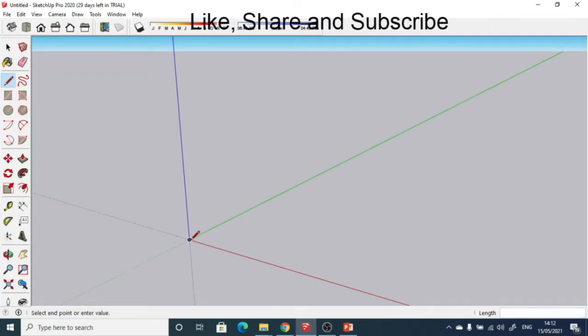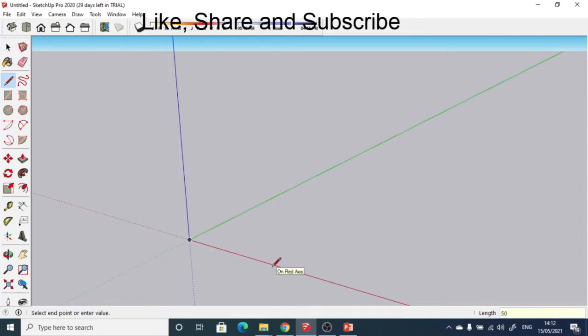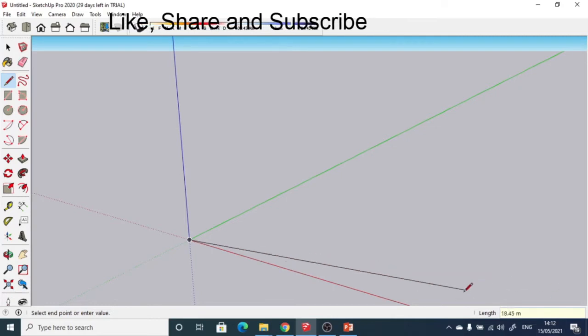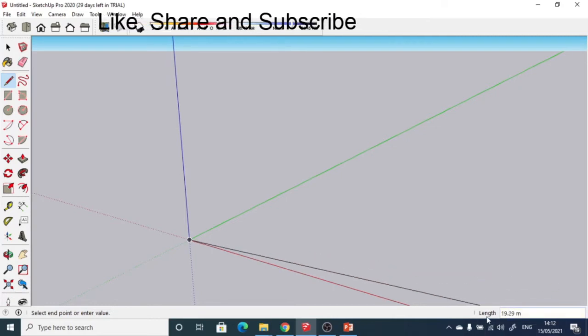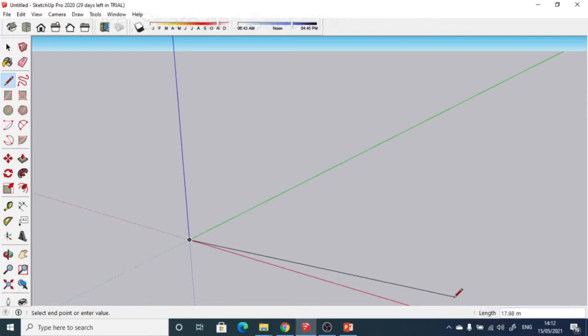Let's say I am going to draw a line of a distance of 50 meters. As soon as I type 50 meters, on the lower side where the length is written, it shows 19.29 meters. So however much length you want to draw the line, just type that particular number and automatically the line will be drawn according to that length.